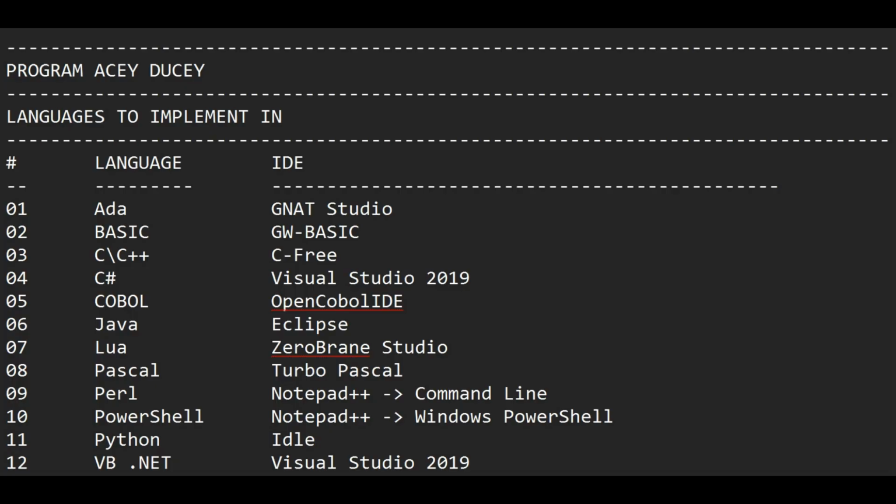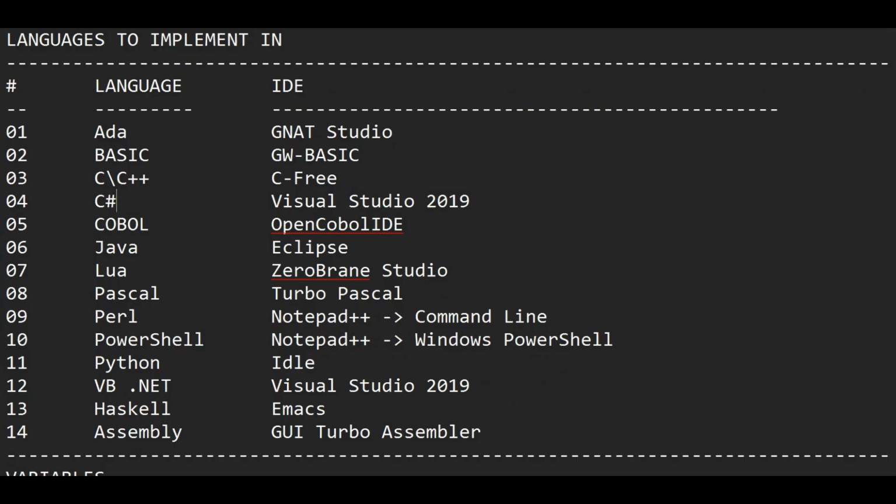Java in Eclipse, Lua in ZeroBrane Studio, Pascal in Turbo Pascal, Perl in Notepad++ and then run in the command line, PowerShell in Notepad++ and then run in Windows PowerShell, Python in IDLE, VB.NET in Visual Studio 2019. Also, I'm going to do two more this time, Haskell in Emacs, and Assembly, 8086 Assembly to be precise, in